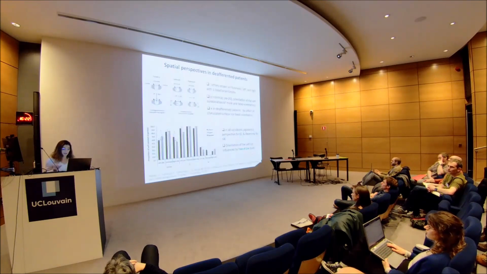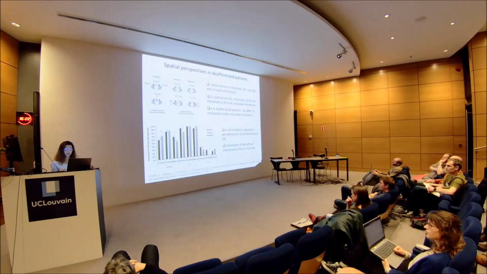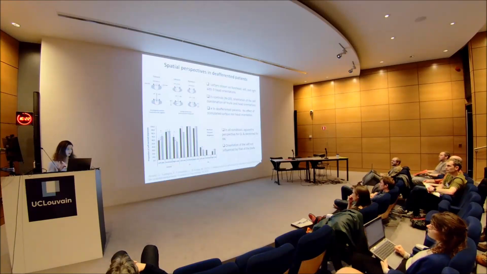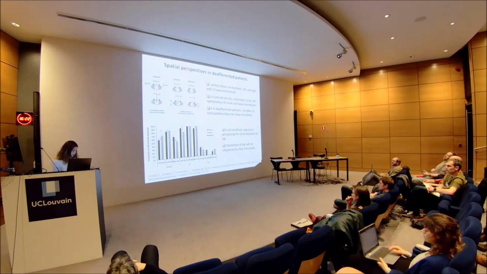And here, similarly, in the 2 different patients and in the control group, the ambiguous letters BDPQ were manually drawn on the forehead, left and right surfaces of the head. And this was done when their head was oriented forward, leftward, and rightward. So first, in the controls, our results are in line with that of the literature. The adopted perspective varies with body posture, and the orientation of the self is a combination of trunk and head orientation. And this is not what is obtained with different patients.